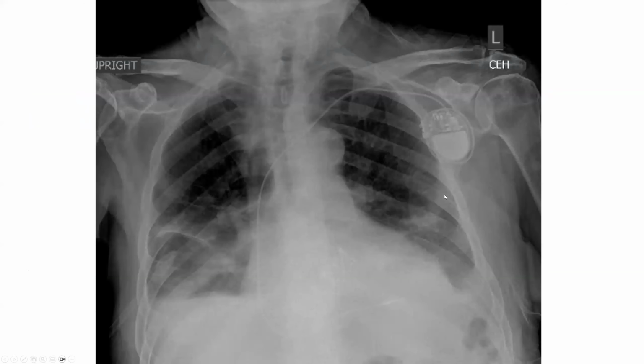And this is just an X-ray of somebody who got a pacemaker after a TAVR procedure to show you the location of the pacing lead in the apex of the right ventricle and why you would expect to see negative complexes in the inferior limb leads as well as the left bundle branch block, because you're in the RV, so you're going to go from right to left. That's going to give you your left bundle branch block. And as you can see, instead of the signal wavefront going from the top of the heart to the bottom, you're going in the opposite direction. So you're going to be negative in the inferior limb leads.